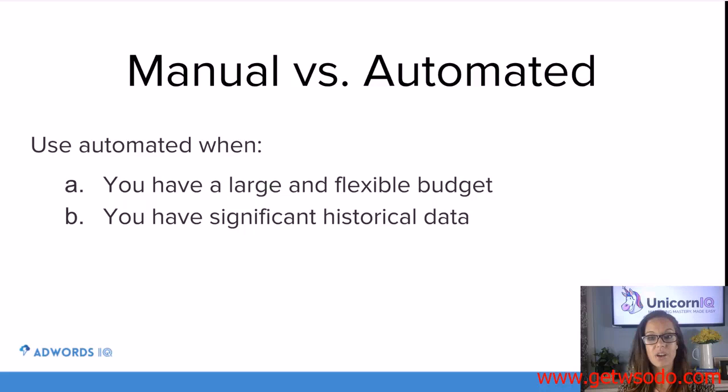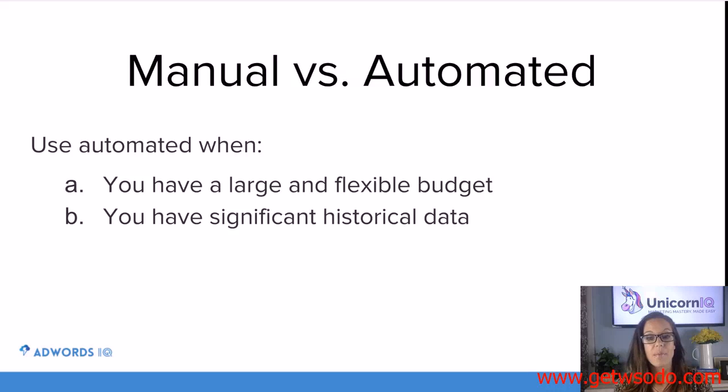And here's a couple scenarios where they are best utilized. When you have a large budget and a flexible budget, because Google will make optimizations on the fly, and you have to be ready for really drastic changes from time to time, and you may not fully be prepared for it. So you just really need to have a bigger budget and have that flexibility for a potentially negative impact